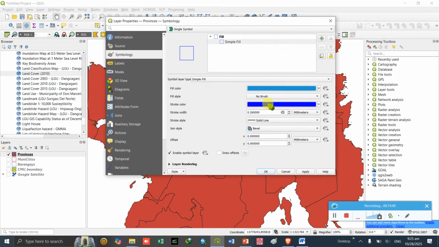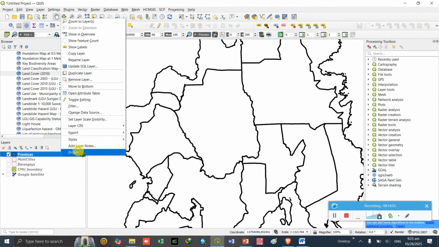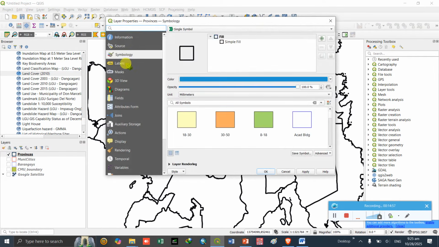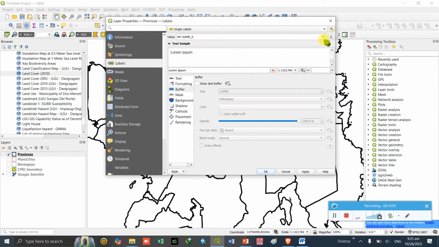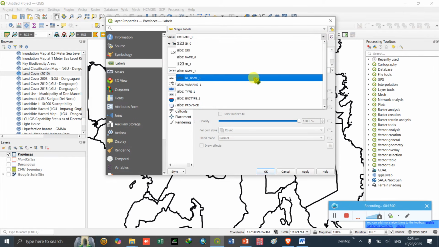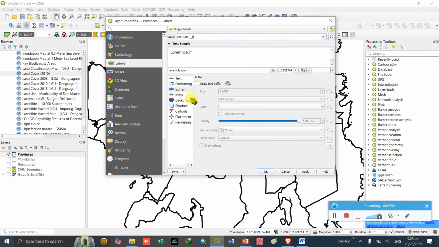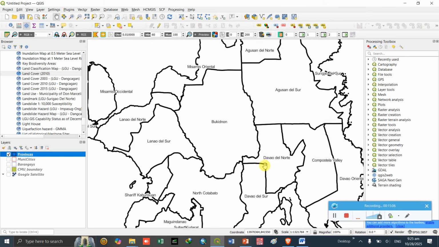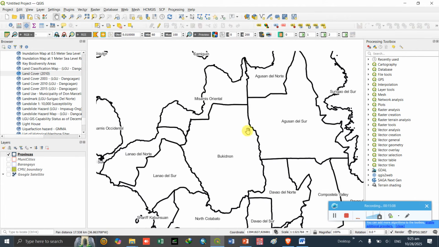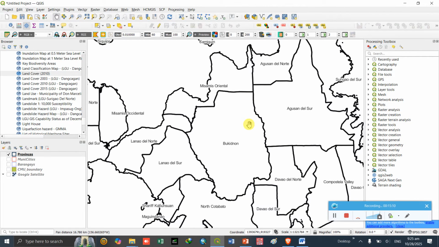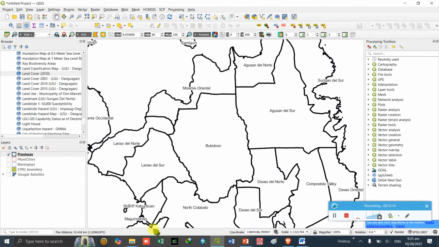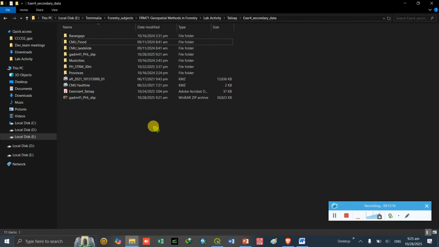And for provinces, we can set to black, and then 1. Forget the labels. Okay, and then set to name, buffer. Okay, so that's for the different administrative boundaries, but you can use the newly downloaded GADM.